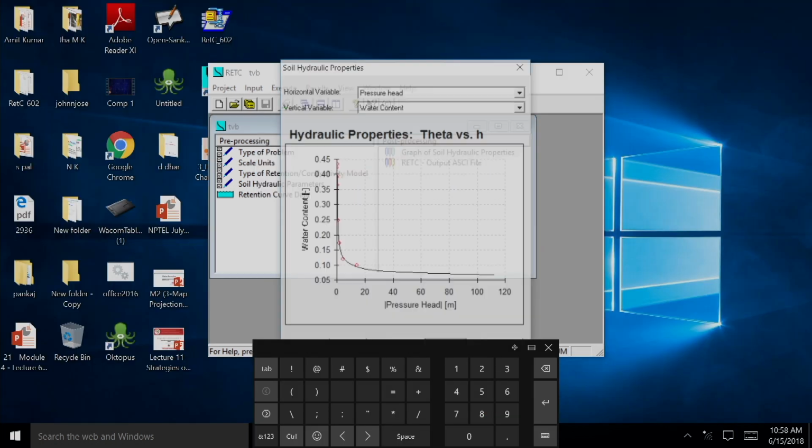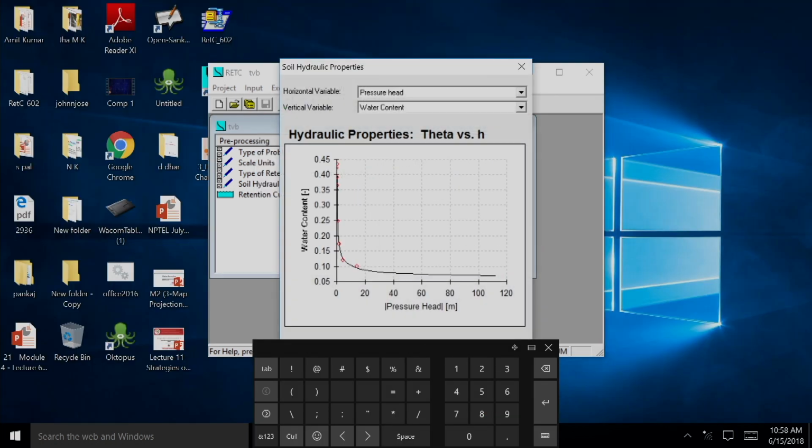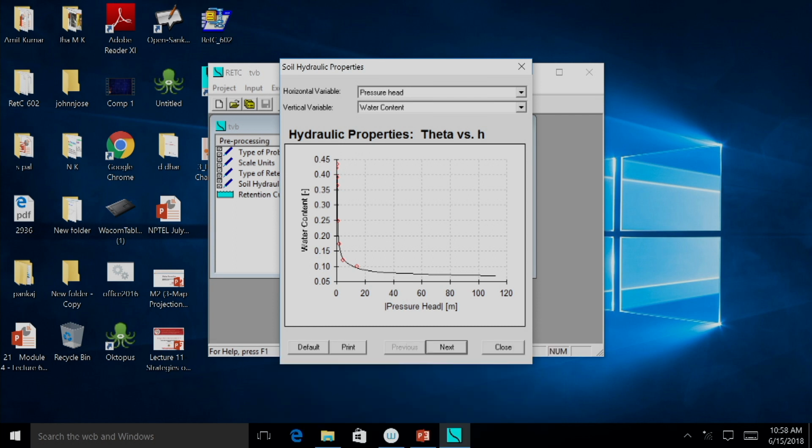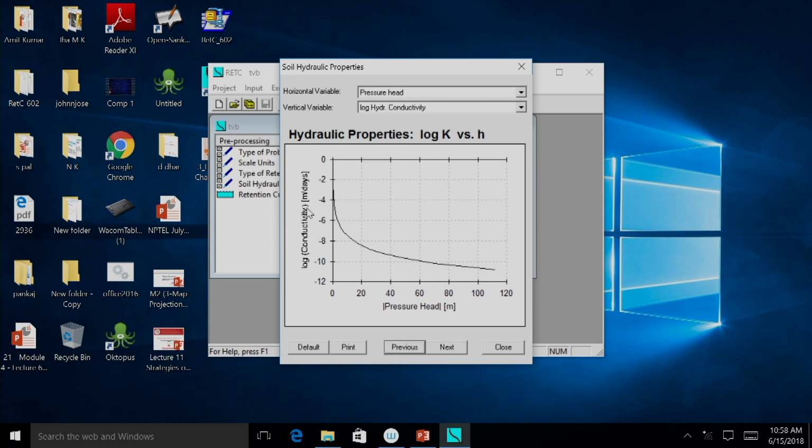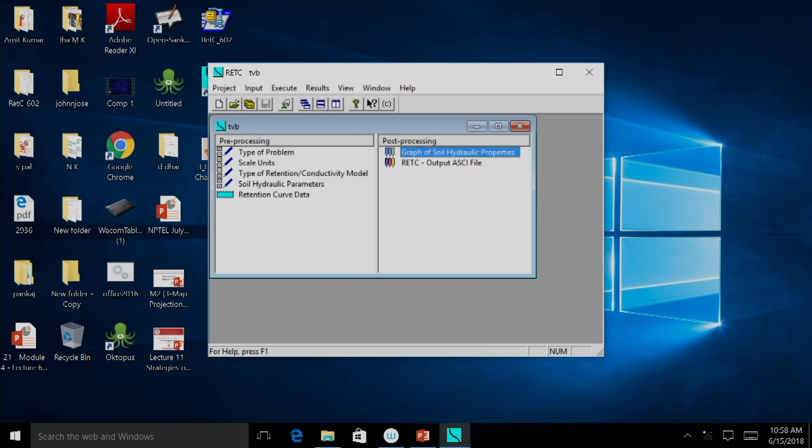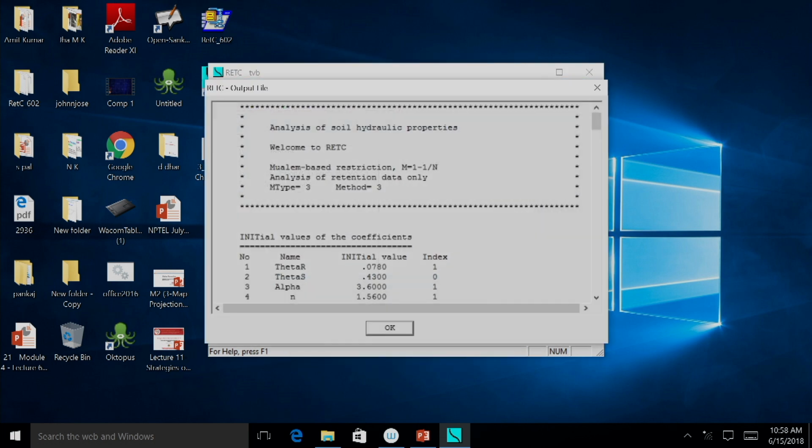So this is the output file, and if you see the graph, this is the water content versus pressure head, which is very well fitted. The red marks are the data points inputted, and this black line is the fitted curve. When you plot the conductivity in meters per day in log scale against pressure head in meters, as the pressure head increases, the conductivity decreases. So this is the plot you have, and we can see the RETC output file, which contains the information